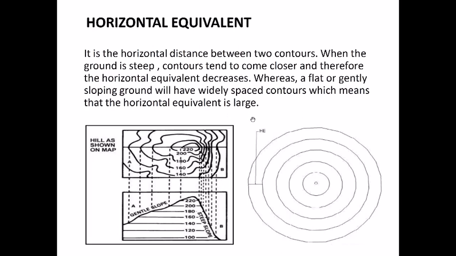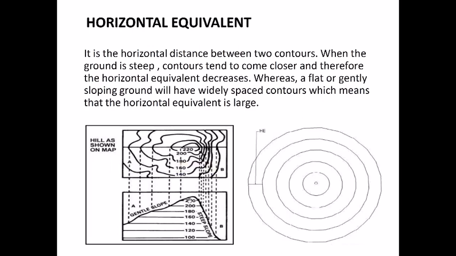the elevation does not change quickly, and you draw contours for a specific contour interval which is pre-decided. So that means if I am drawing a contour map for a contour interval of 10 meters and I drew one contour at 90 meters, then the 80 meters would be pretty far away because the land is pretty flat. Whereas if the land is sloping, that means after 90, 80 would come very quickly. So the distance between two consecutive contours decreases when the land is steeper, like in this case, and you can see the contours are very